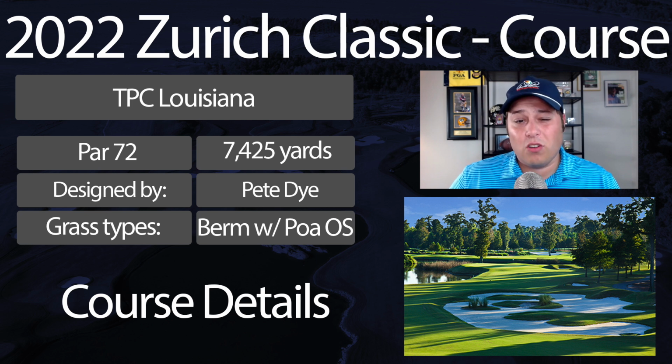The green speed, they're running at 12 per the GSCAA, which is faster than what we saw at the RBC Heritage, believe it or not, but still slower than the PGA Tour average. And they are a Bermuda grass overseeded with Poa trivialis. So the same overseed situation that we've seen for the last 2.5 months at this point,